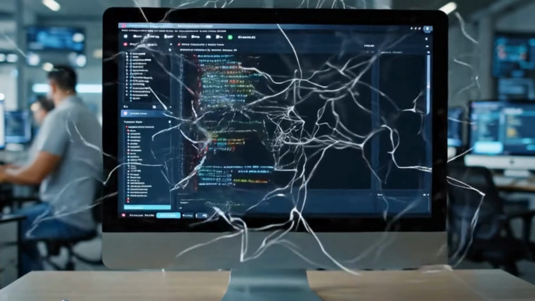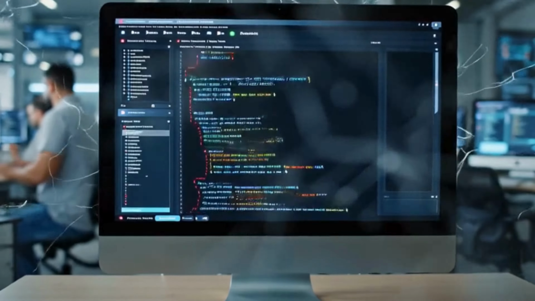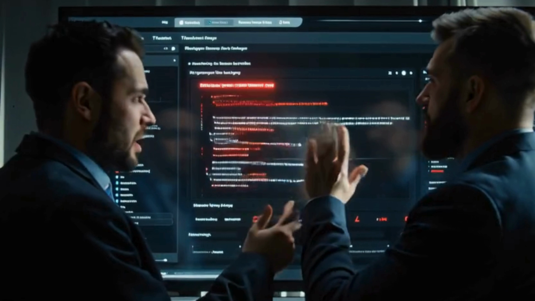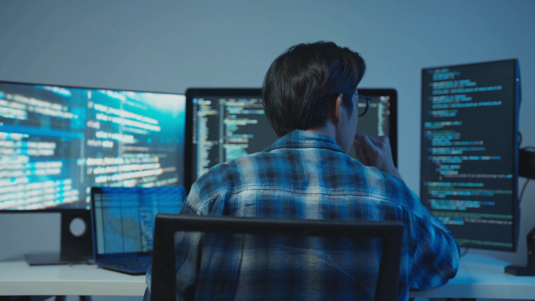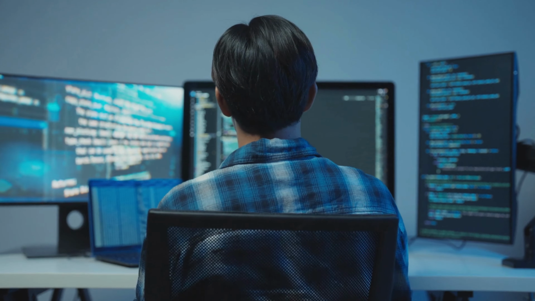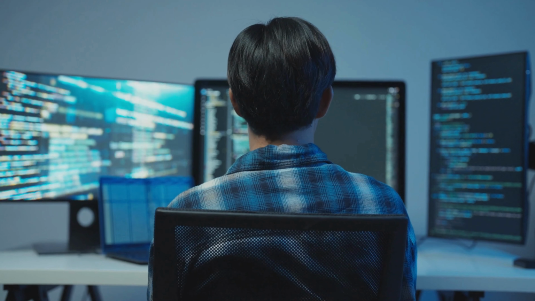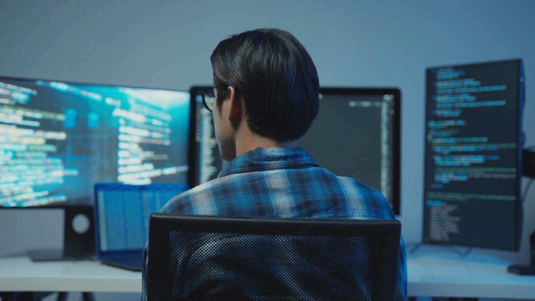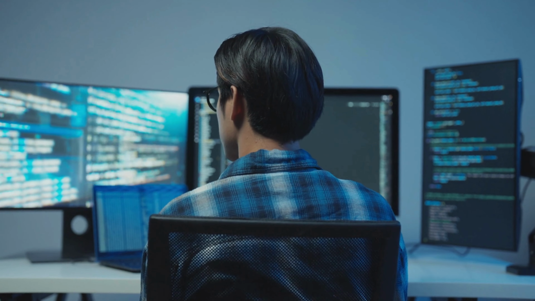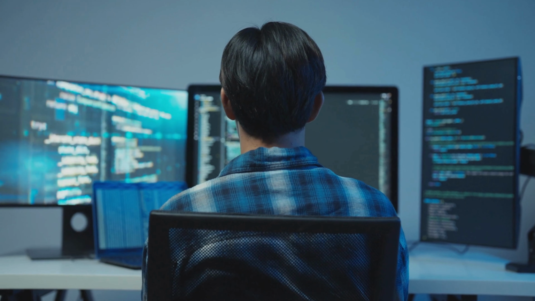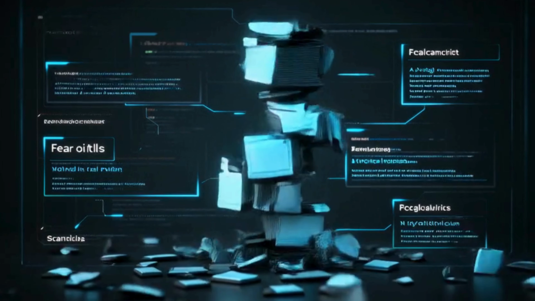Most Selenium projects don't fail because of automation bugs. They fail because the project structure is bad. Tests break randomly, fixing one issue creates multiple failures, and slowly teams stop trusting automation. So if your Selenium framework feels fragile, hard to maintain, or painful to scale, the problem is not Selenium, it's